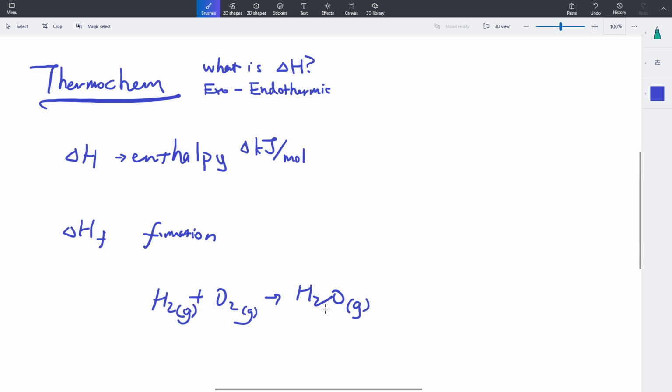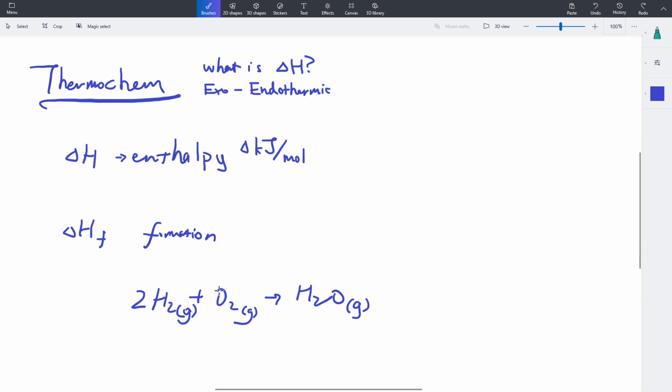I think the only difference is the amount of heat it takes to change water into gas. But anyway, this is generally correct. Let me add a 2 here. So in this situation, the delta H formation, the enthalpy of formation of water, is defined by the enthalpy of formation of these two things. Now in this case, something important to note is that when something is in its natural state that it wants to be in, like hydrogen and oxygen at standard temperature and pressure,